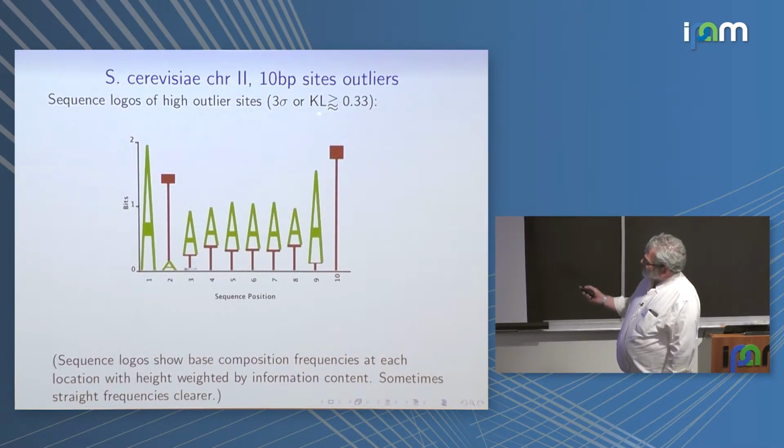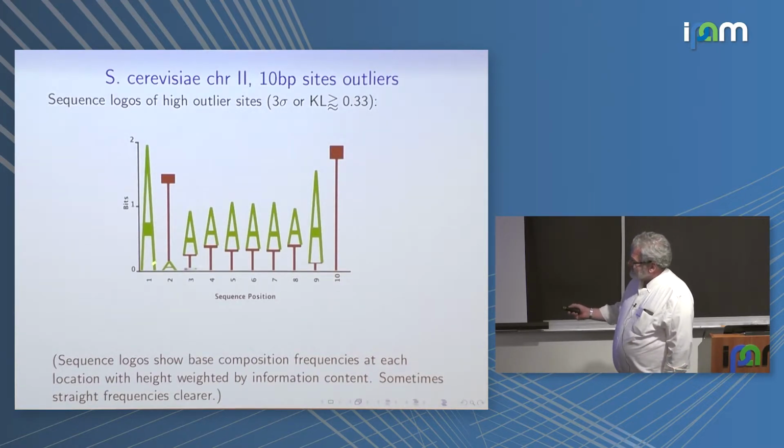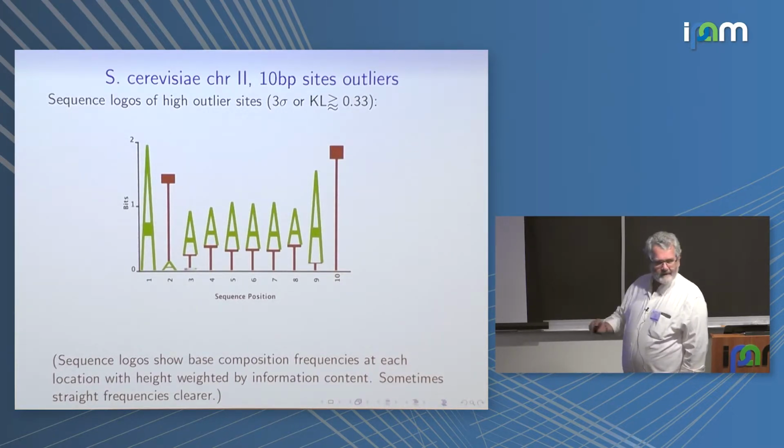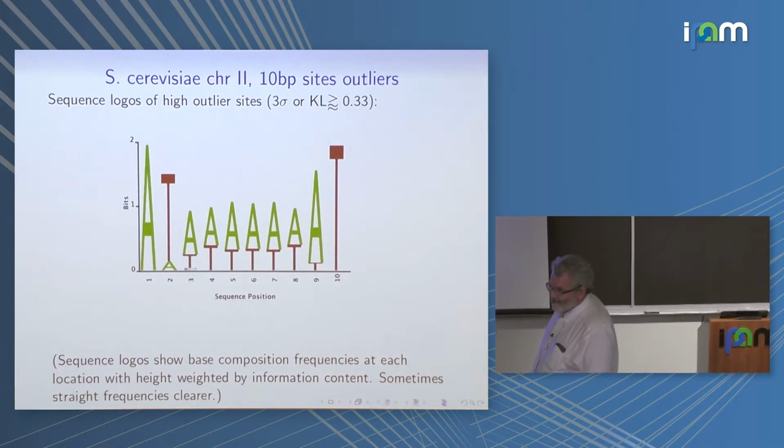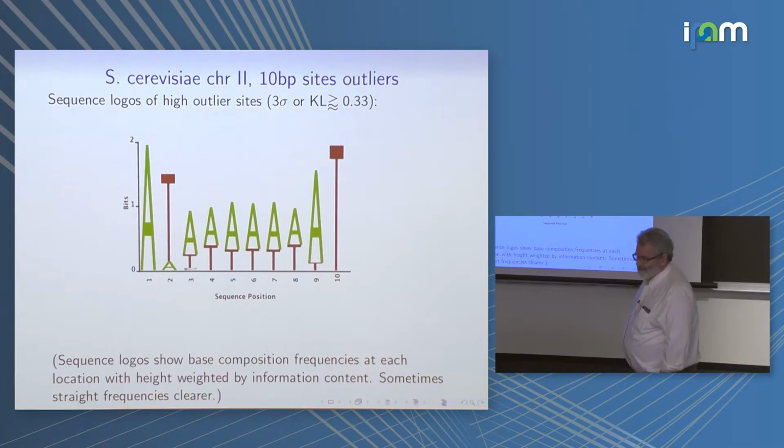Okay, so they are. And here we go. So the 3 sigma is also, by the way, we'll say this is Kullback-Leibler is bigger than 0.33. So it's almost entirely A's and T's. There's a few C's and G's there, but they're just never there. Sorry, is there an explanation why those outliers are just above and not below?